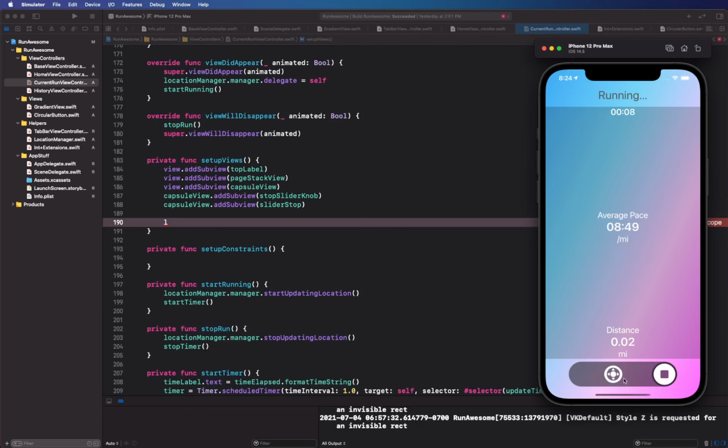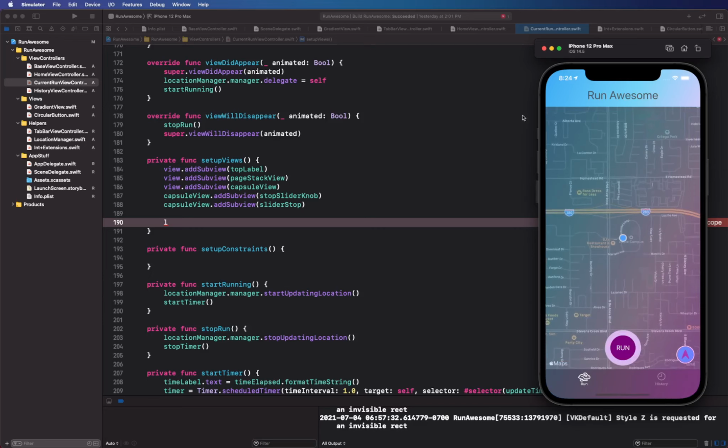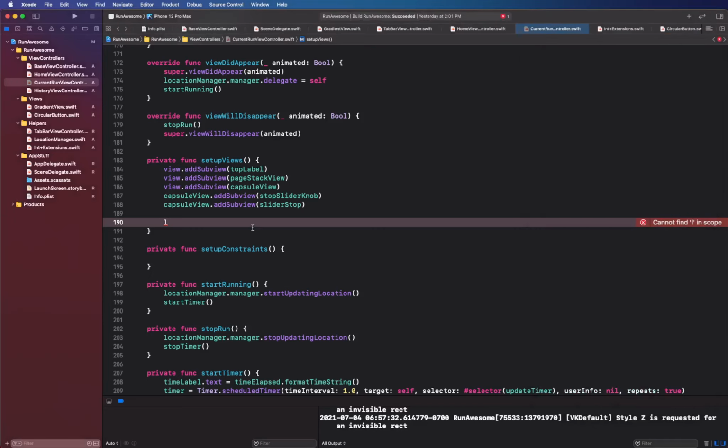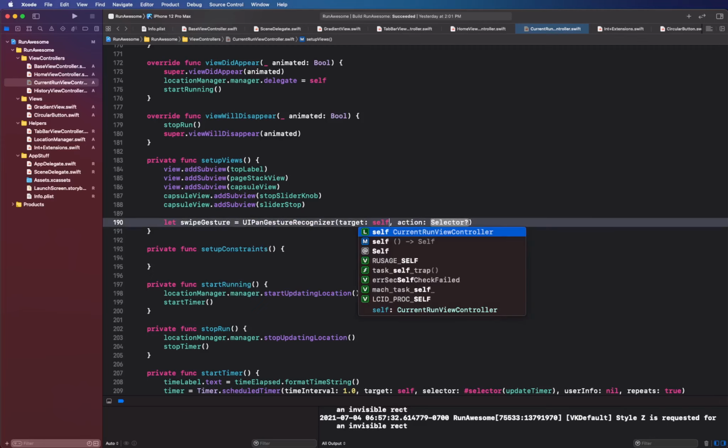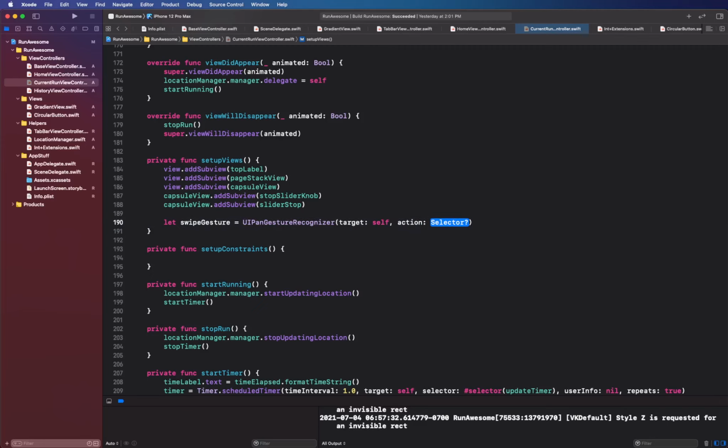Basically, we need this to be applied. So what we're going to do is simply create it inside the setupView. So let swipeGesture is equal to UIPanGestureRecognizer. Target is going to be self, and the selector is going to dismiss the